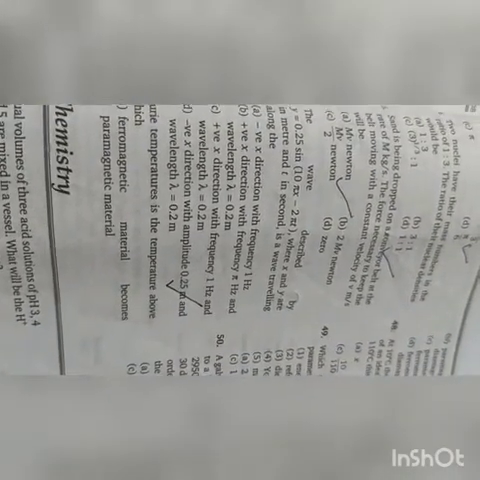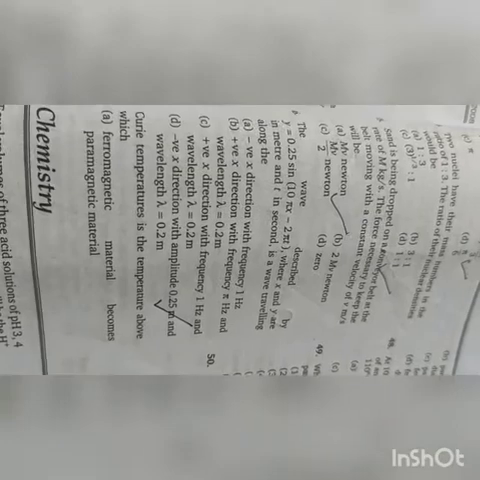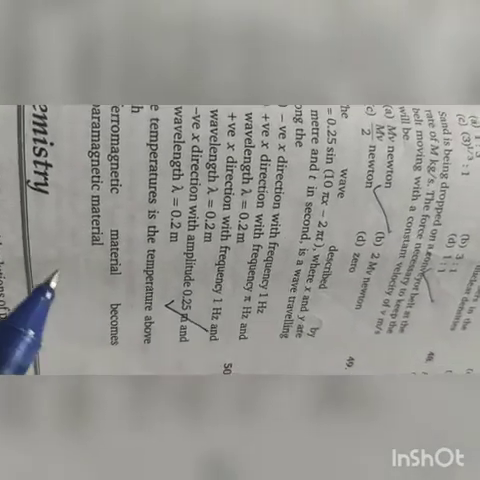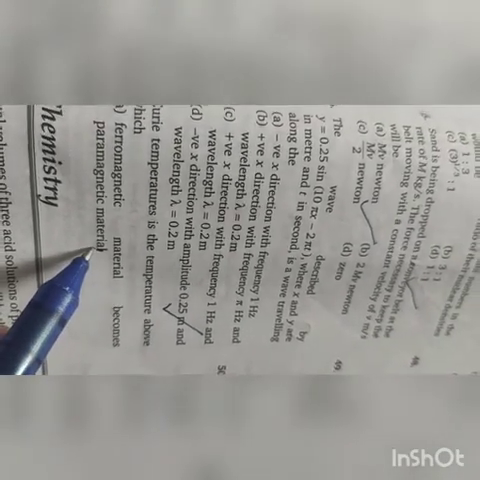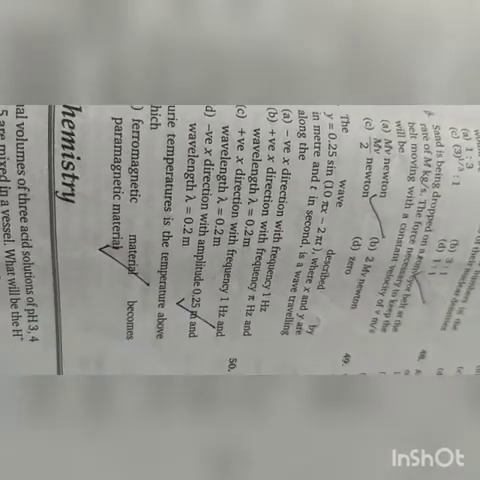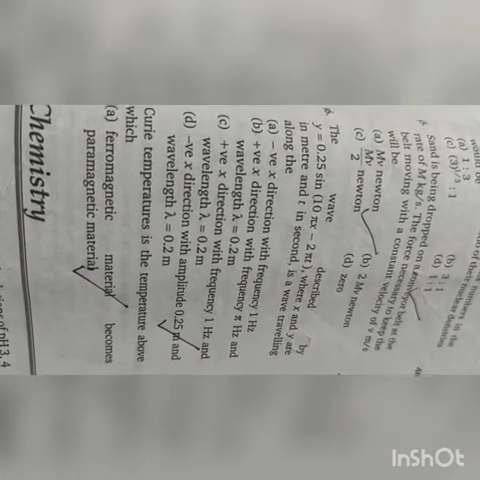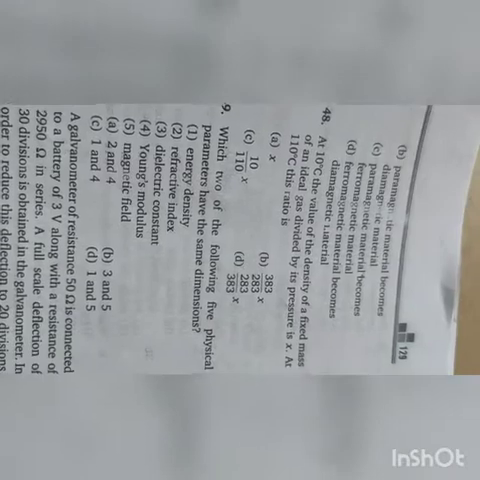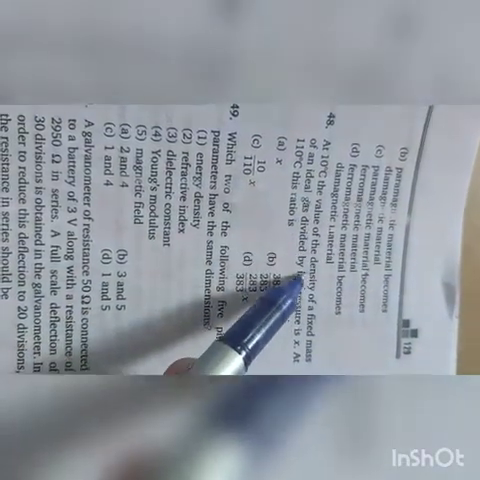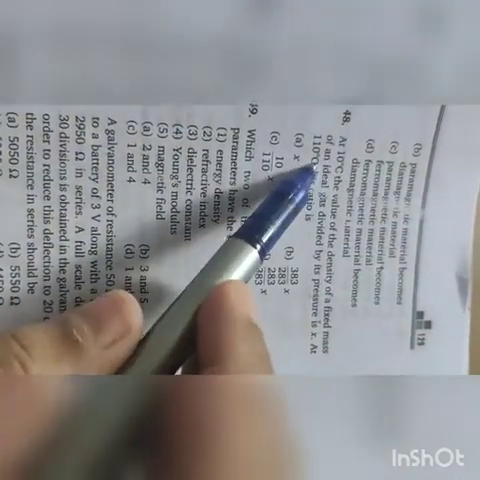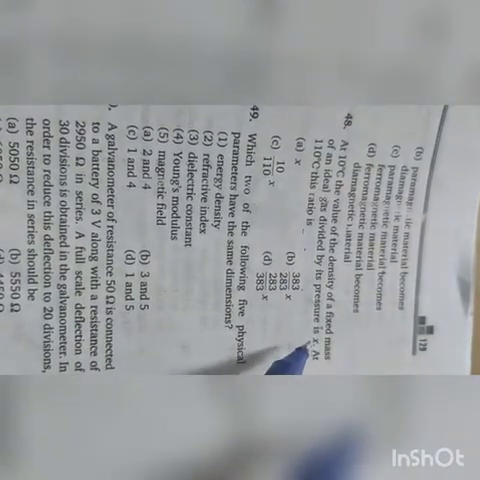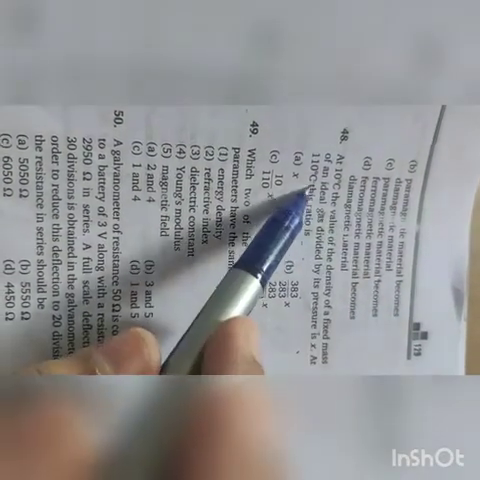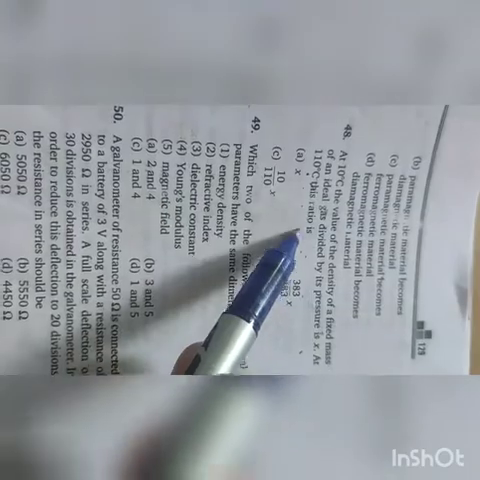So for question number 47, Curie temperature is the temperature above which... So its correct option is that ferromagnetic materials become paramagnetic materials. It was given by Curie. Now question number 48. At 10 degrees Celsius, the value of density of a fixed mass of an ideal gas divided by its pressure is x. At 110 degrees Celsius, this ratio is...